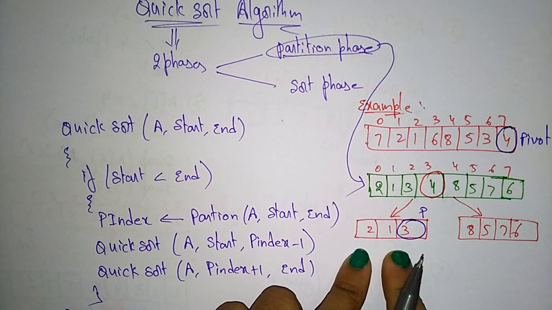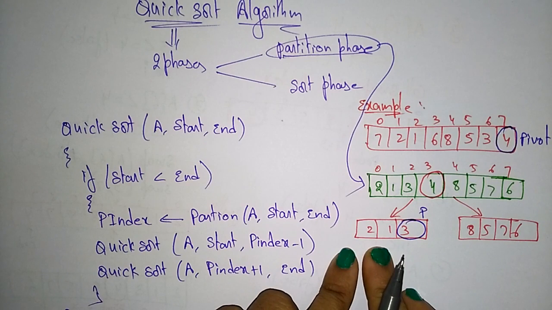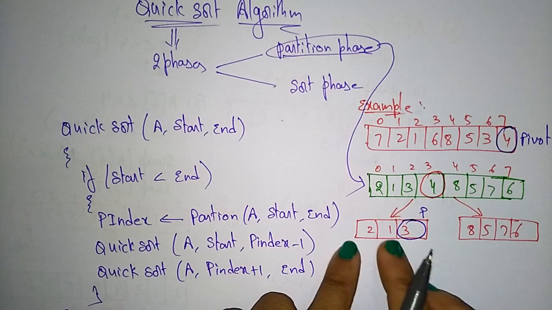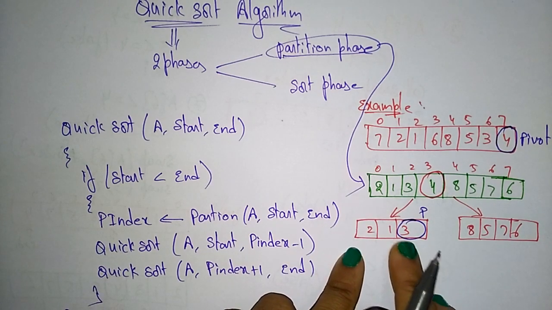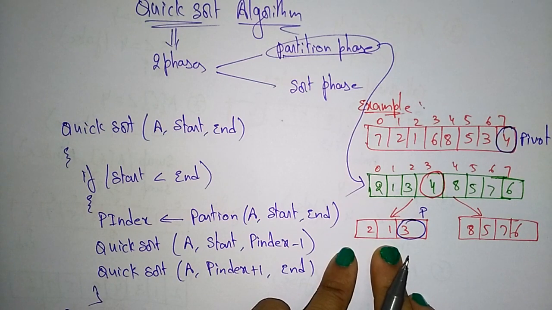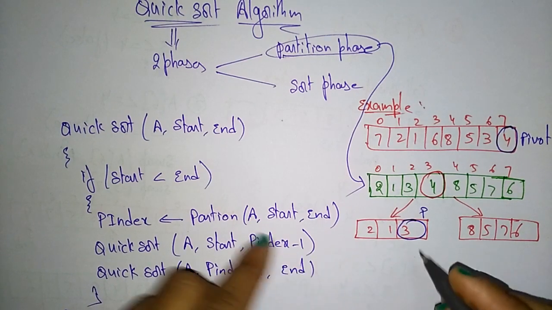So now we have to check whether the left hand side is less than or equal to the pivot value or not, and the right hand side should be greater than. Here in this array, 3 is the pivot value, so we have to check the left hand side. So 2 and 1 are both less than the pivot value. So now